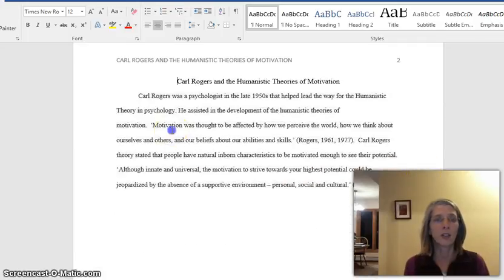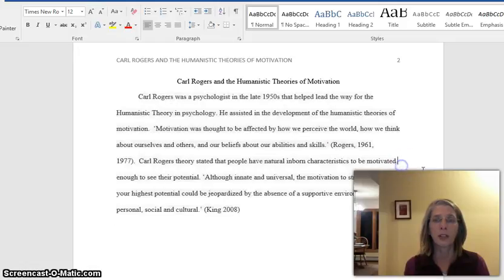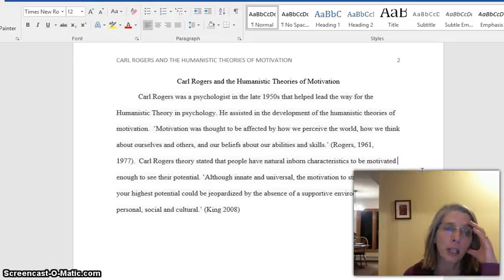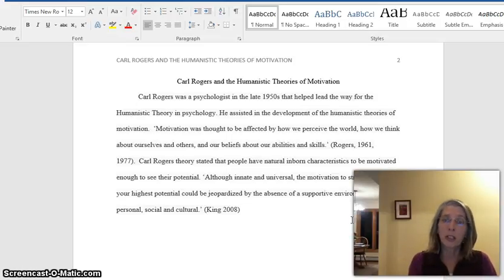Okay, so let me see. This is all Times New Roman, but it looks like it's font 11. So I'm just going to change it to font 12 so that everything is the same there. Now let's take a look at this page. You have what looks like direct quotes. So for this paper, you want to minimize direct quotes as much as possible. Instead, what you're going to be doing is paraphrasing or summarizing material.